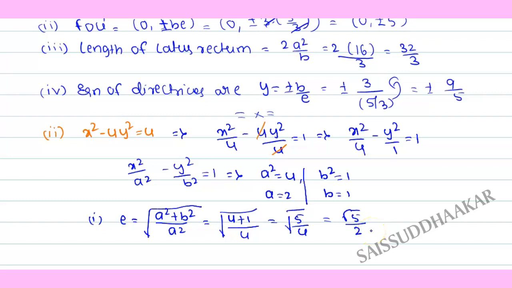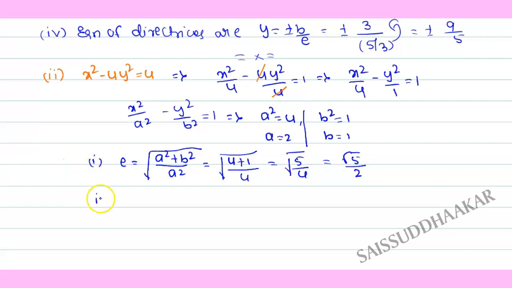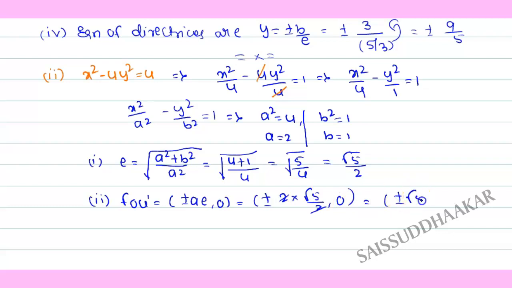Coming to the second condition he is asking in the question, the foci. Foci is equal to plus or minus ae comma 0. This is equal to plus or minus a value 2 into e, root 5 by 2, comma 0. Here we can cancel 2 and 2. This is equal to plus or minus root 5 comma 0. Right? And the third condition is